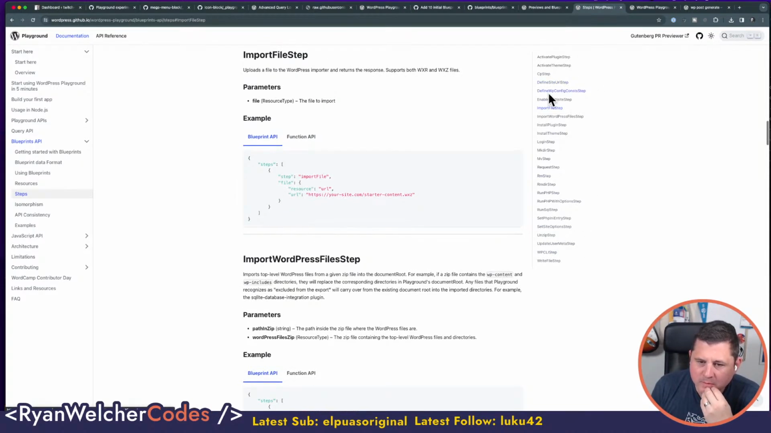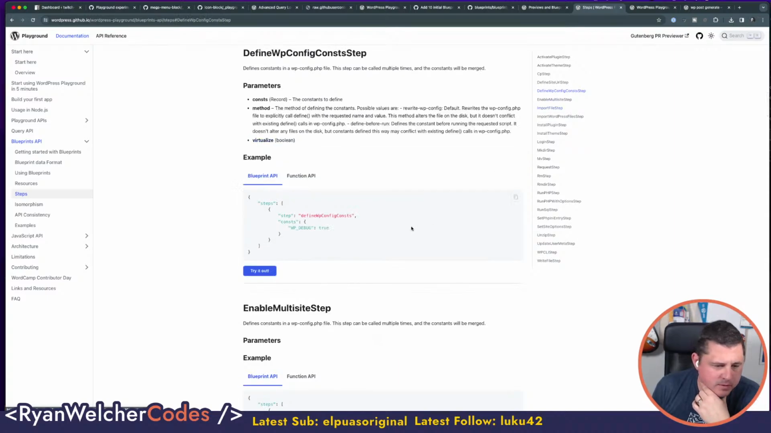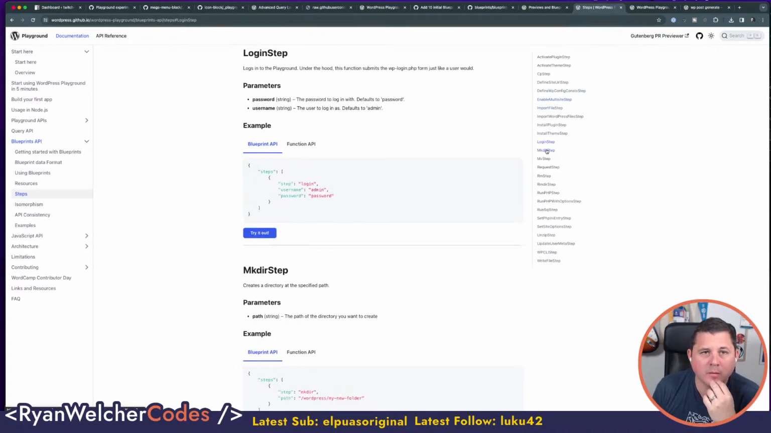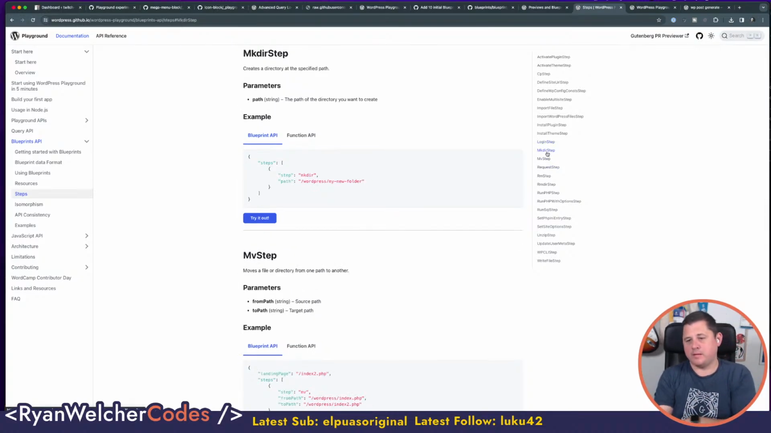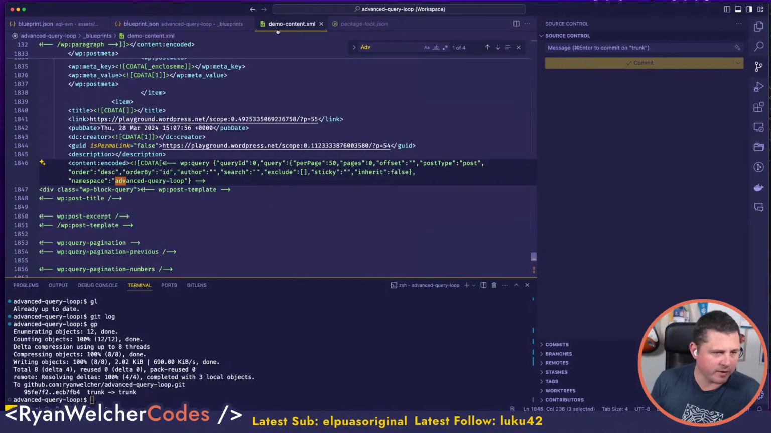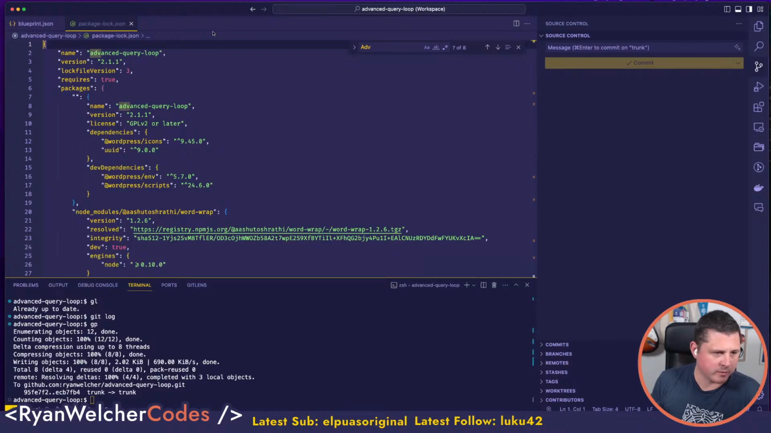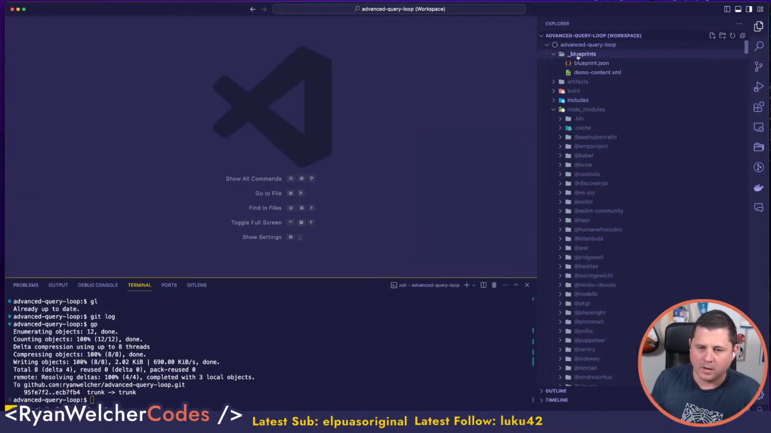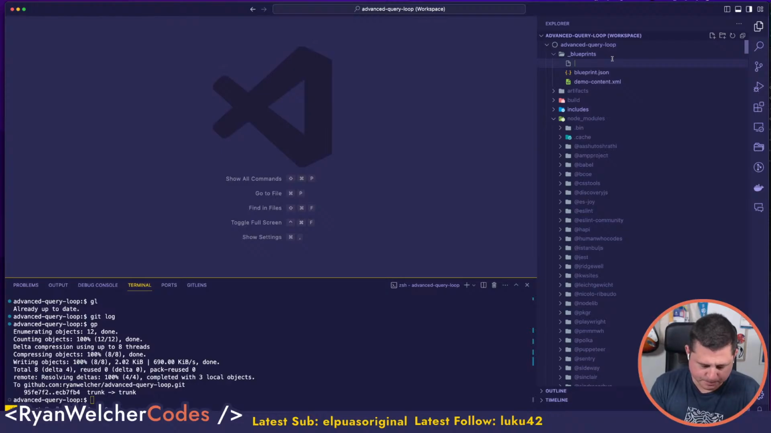Define site URL step. Create config constants. Enable multi-step. Okay, login step. We're going to be able to use the XML. Yeah, it's very cool. It does require a bunch of setup, however. So this is the next thing that I want to do. There's this really cool thing that Nicholas was messing around with, and the only issue with it is that I'm going to create a CPT